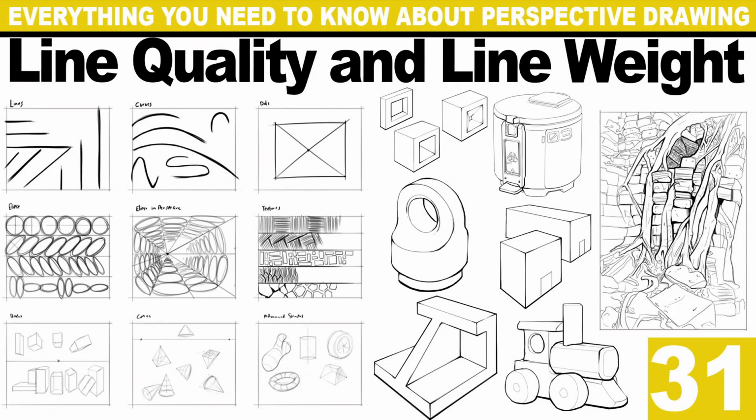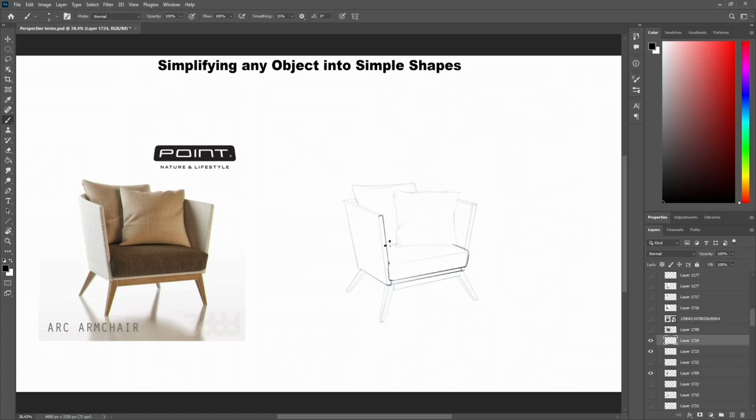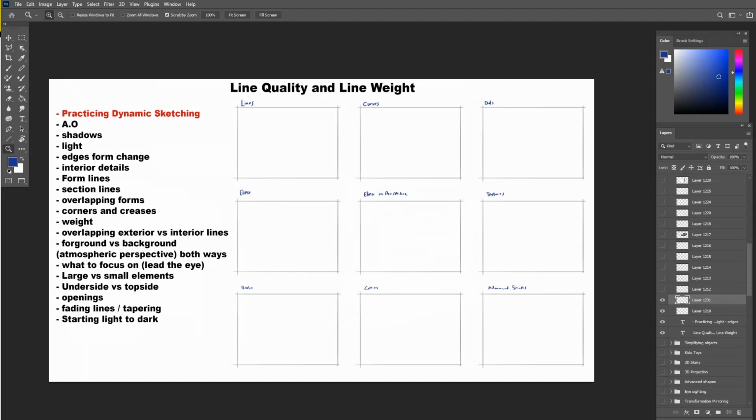Before moving on to more examples of drawing things in perspective, let's talk first about line quality and line weight. You have heard me saying it a lot in the previous lessons: adding line weight as a last step to make objects look more 3D and emphasize certain parts of the object, moving it back or forward in perspective, doing all that by adding thinner or thicker lines. So let's talk about line quality.